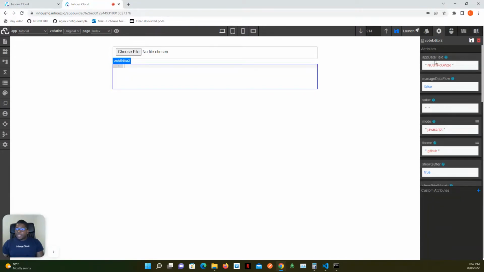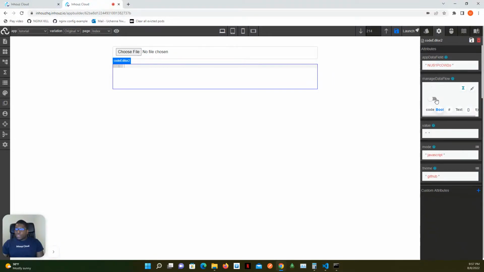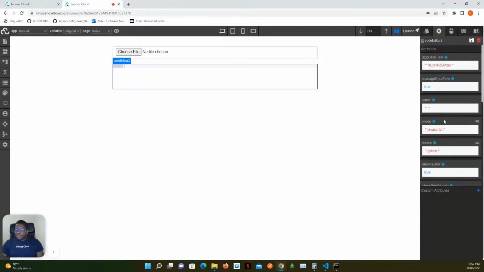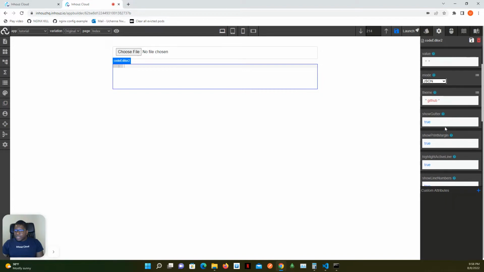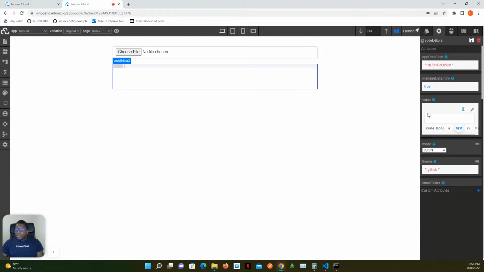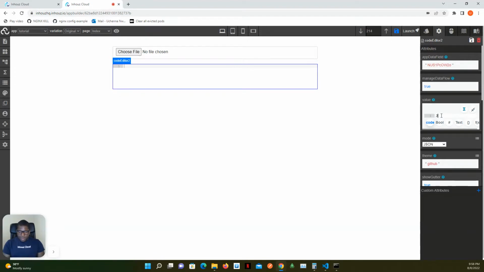I am going to point the, well, actually, I don't even need to do that. I just need to supply this data here. So I'm going to say I want to manage the data flow. First of all, I'm going to change this from JavaScript to JSON because our data is JSON. And I'm going to provide the value. I'm going to switch the code for this. I'm going to say JSON dot